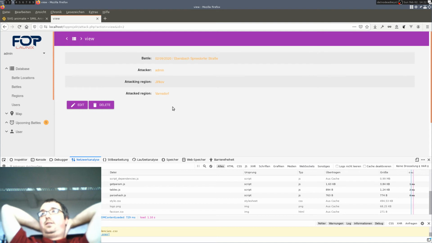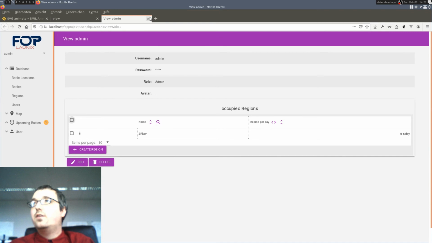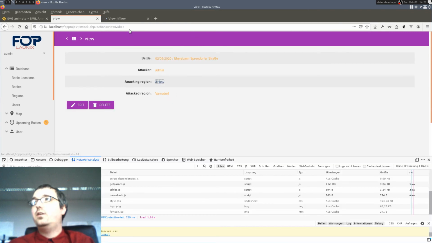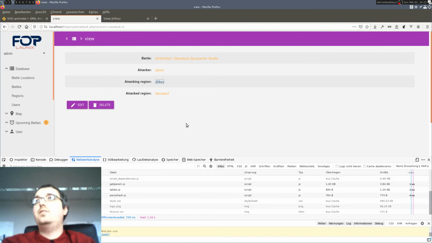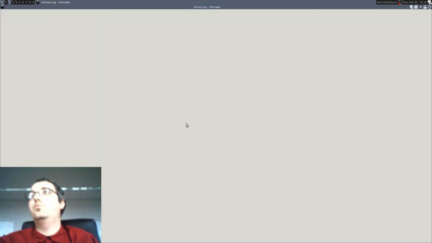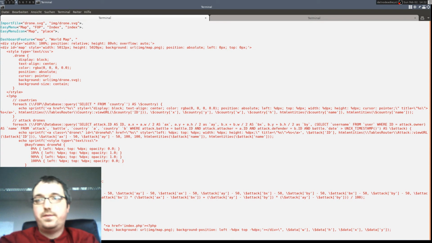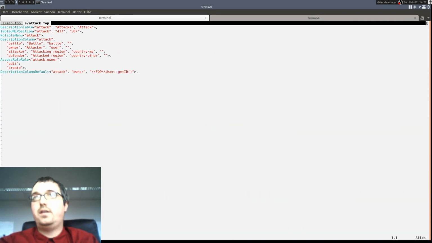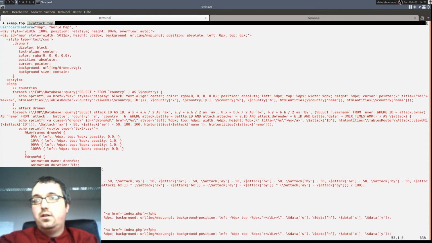Like if I click on the attacking region, I see this map part, and in an attack I want to see the same, but with a moving drone ship. So source attack, okay, in an attack view,